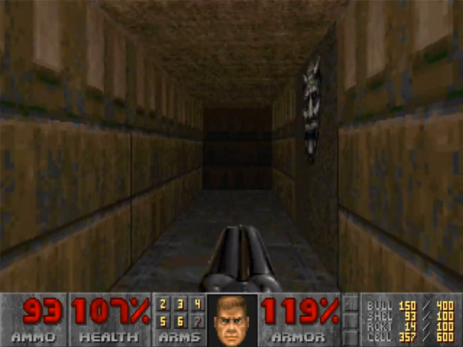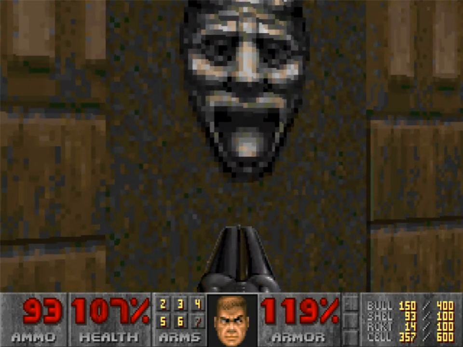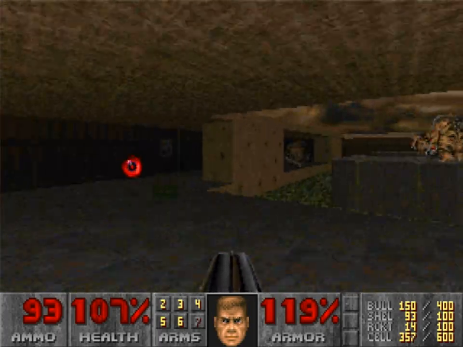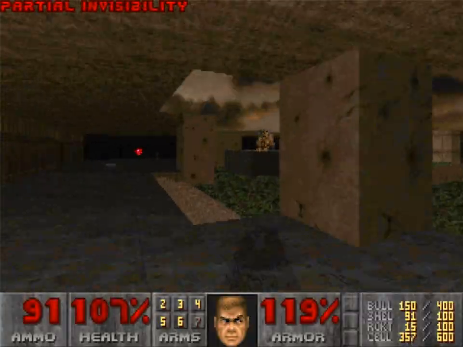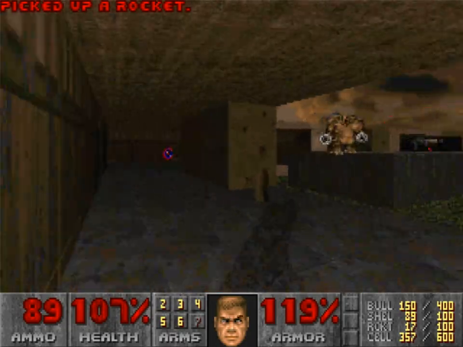But this map is going to very suddenly throw us into the fray and introduce two new enemies that we haven't seen before once we hit the switch. And that's something that you wouldn't necessarily expect to see. And I think that's part of the reason why this map is famous. The other reason is that